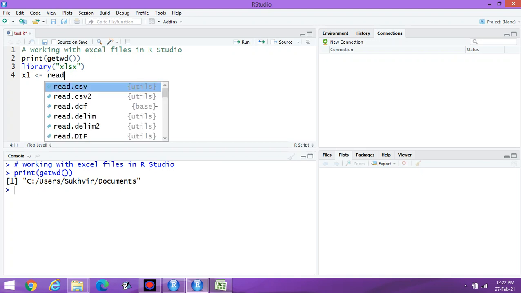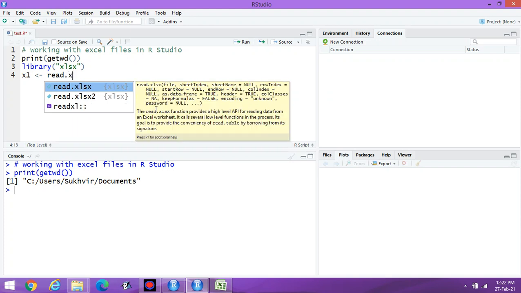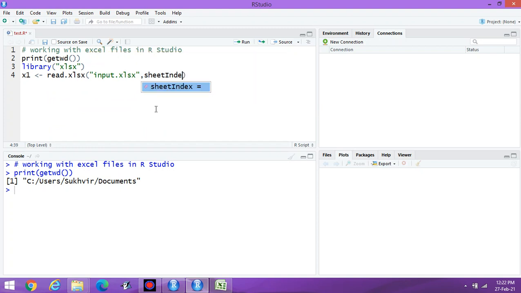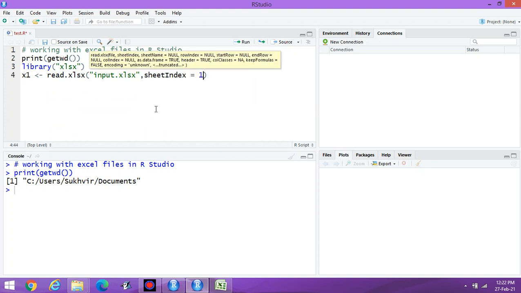I'm going to read the file, read.xlsx, then the name of the file, input.xlsx. I have to read sheet number 1, sheetIndex equal to 1. Then print x1.